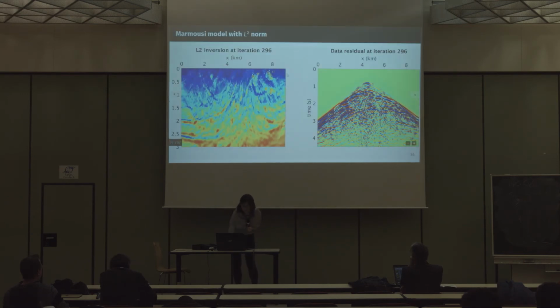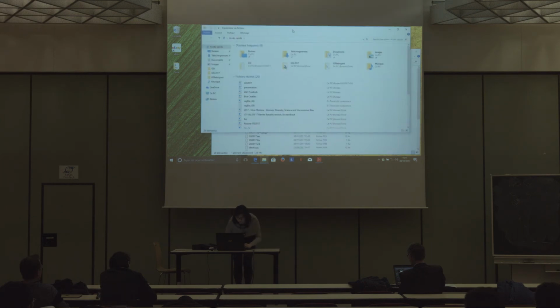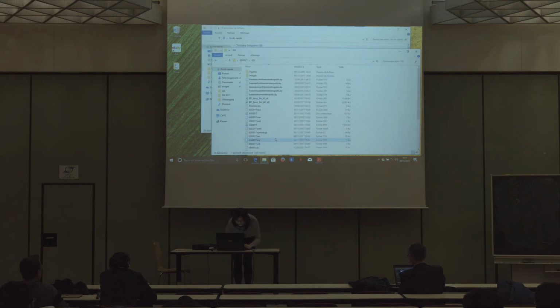So I would like to show some inversion results, but it's not really combined with this one, so I would like to change to the outside. Okay, first